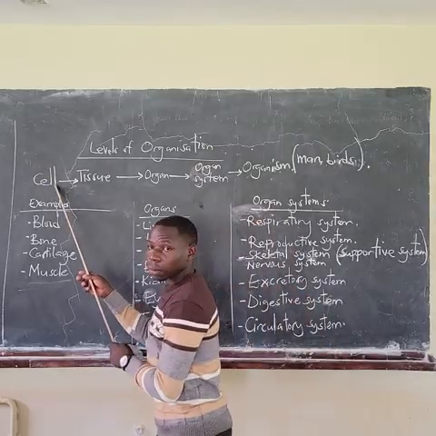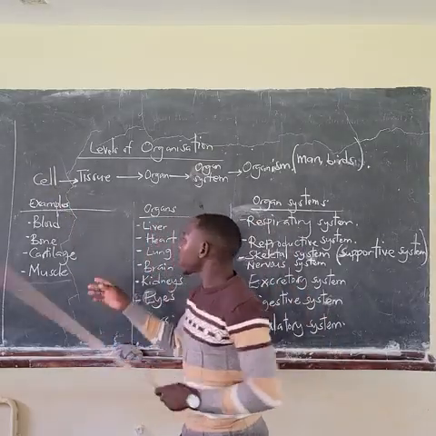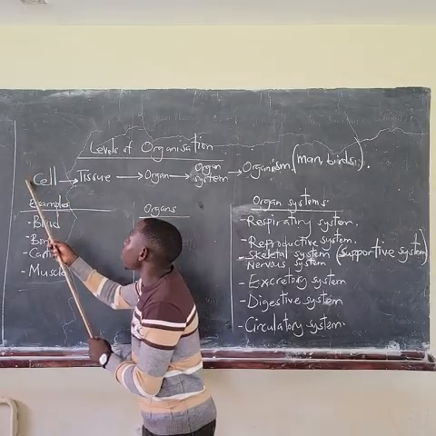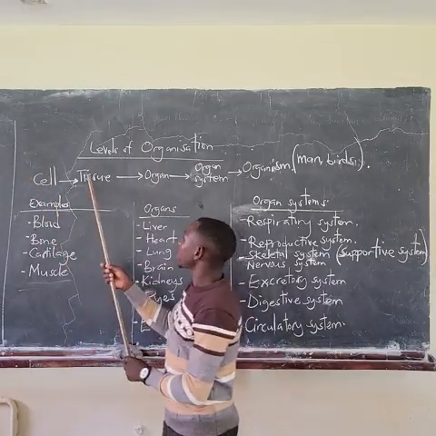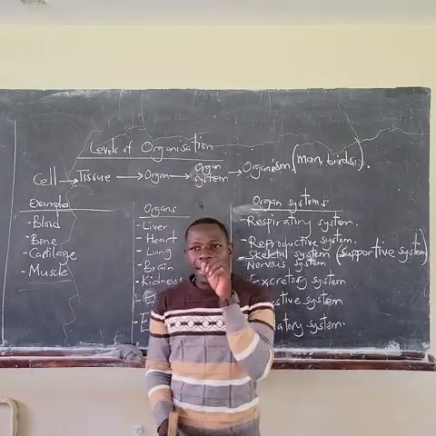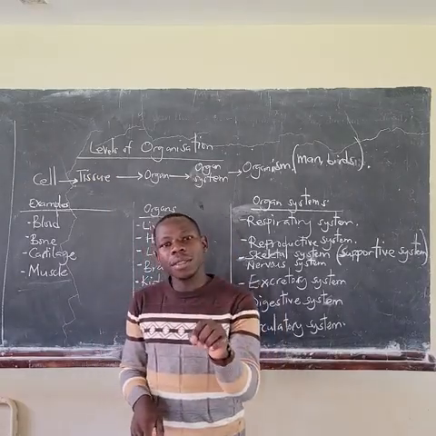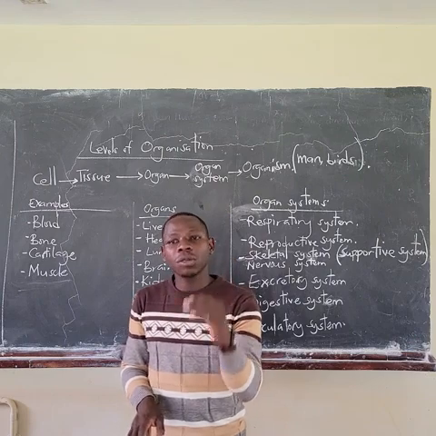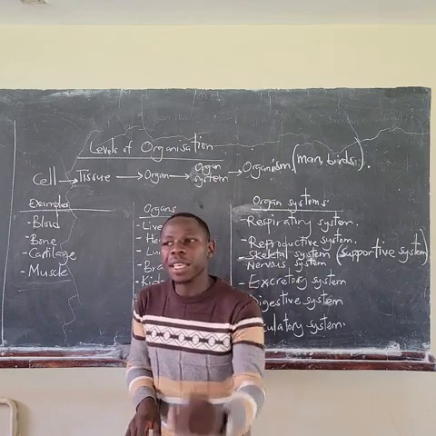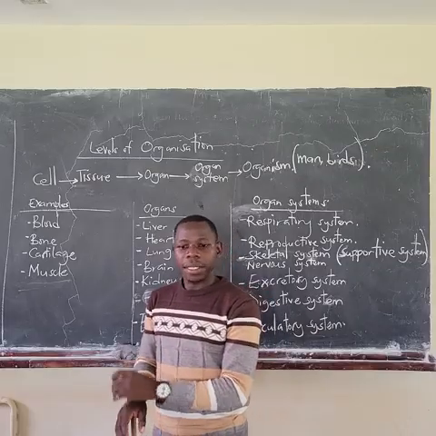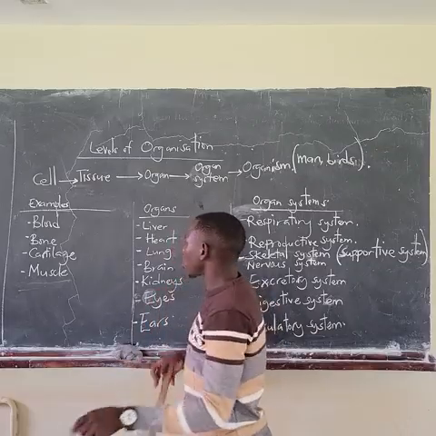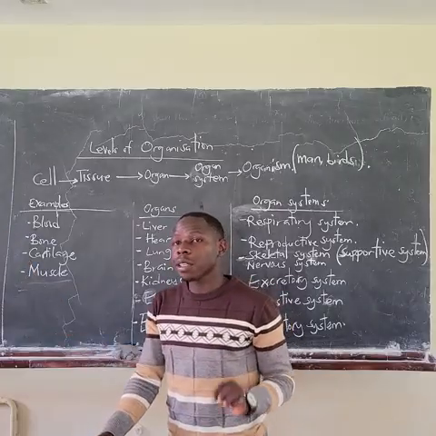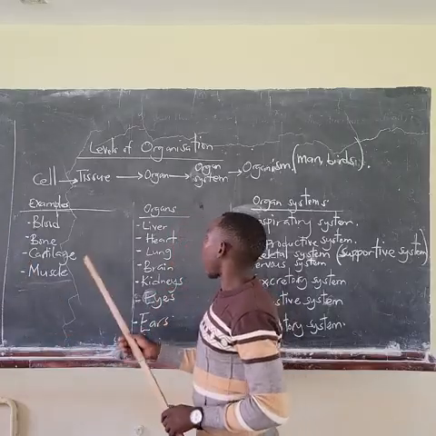One cell. We looked at, when cells combine, they form what we are calling tissue. So a tissue is a group of cells that come together or that are connected together to perform a specific function. It is called a tissue. So tissue is a group of cells that join up to perform a specific function. And from a tissue,